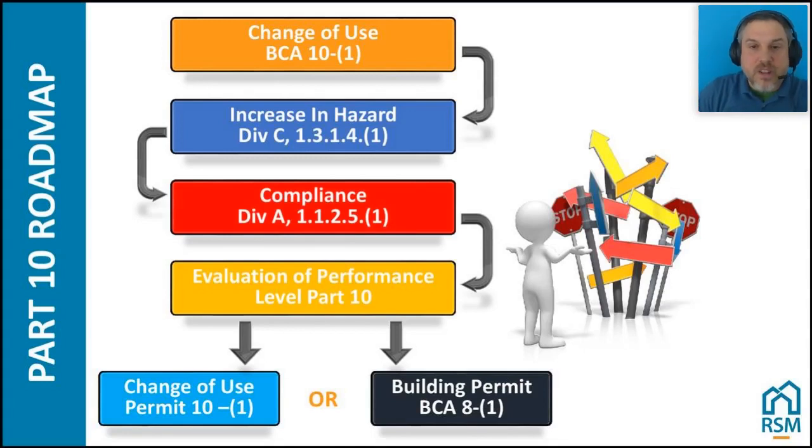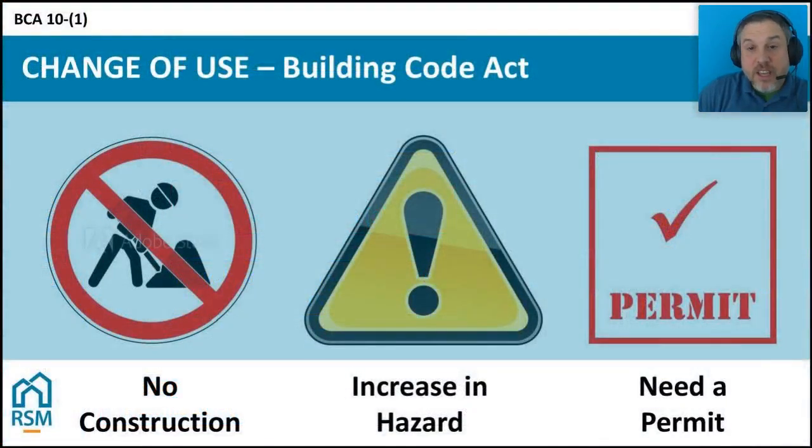So it's good to see that there is some people that have some really good knowledge of how to apply part 10. So essentially, part 10.1 of the Act tells us that if you have no construction, you increase the hazard, you need a permit. And that's the scenario of a change of use. I can tell you in my career, I've probably issued on one hand the number of change of use permits. The reason being is I always look at this as like a minefield. If you can get through that minefield without getting blown up, you'll get a change of use permit,